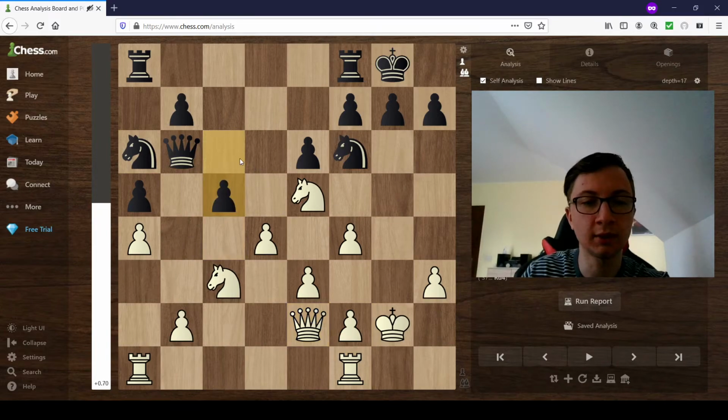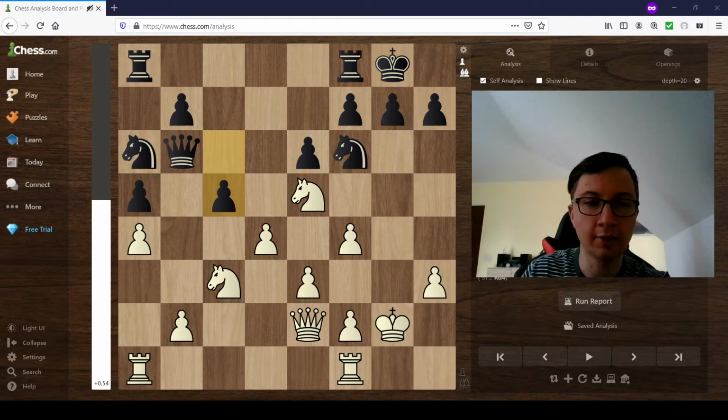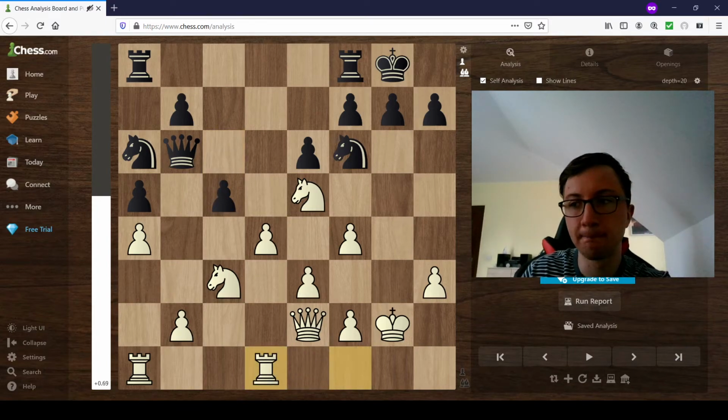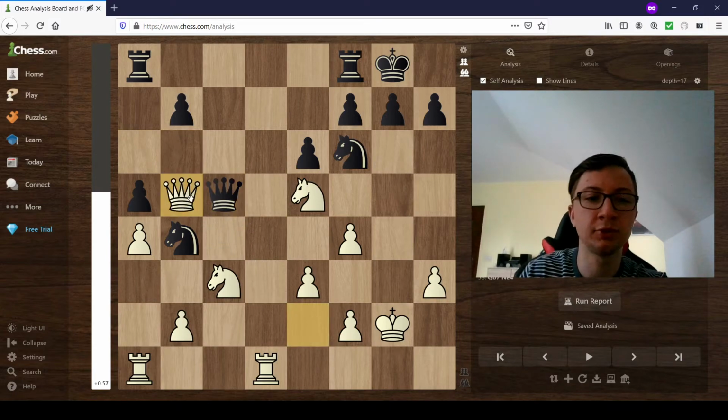Black tried to be more active, played c5. And after this move, white's position is great. After simple rook d1, we can play knight b4, but after knight b4, dc, queen c5, queen b5, white's position is